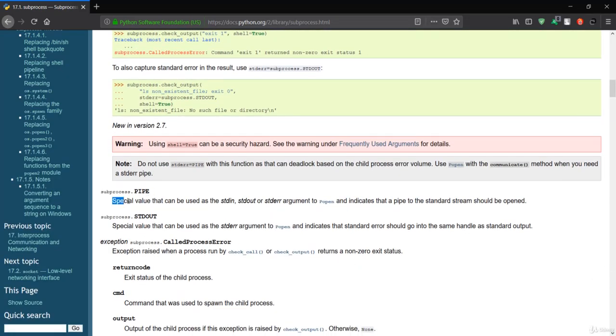This is important. It says it is a special value that can be used with the stdin, stdout, or stderr argument to Popen, and indicates that a pipe to the standard stream should be opened. That means we are using this communication method in order to execute that command.